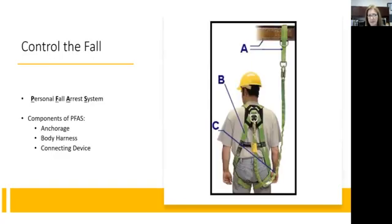If we can't eliminate the hazard, then we have to look at controlling the fall. And we do that with personal fall arrest systems. There's three critical components. The anchor point, which has to be rated for 5,000 pounds for a single individual. Ideally, you want that above their head so that in the event of a fall, there is not an additional